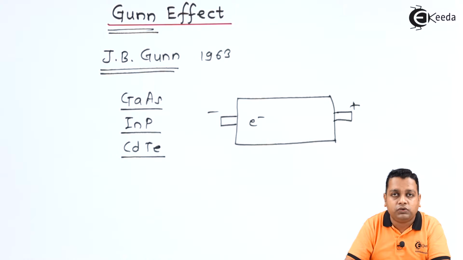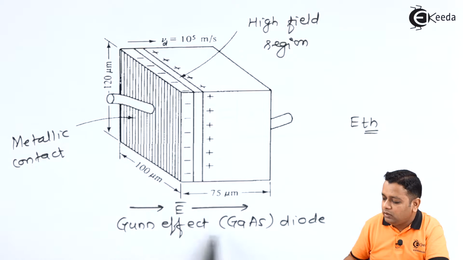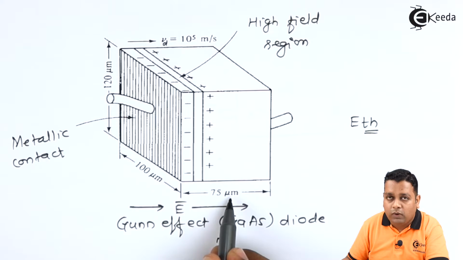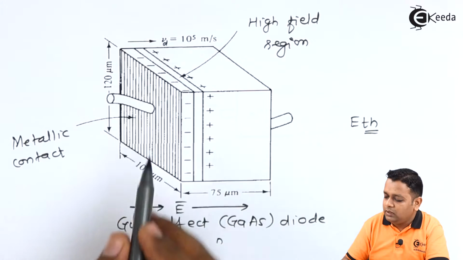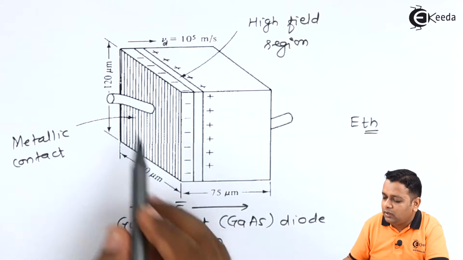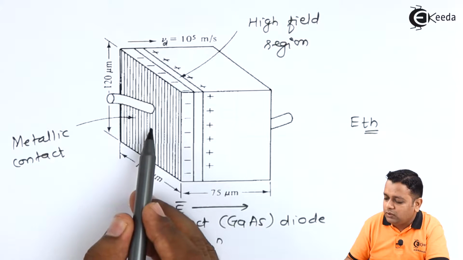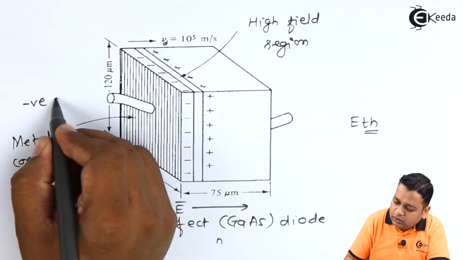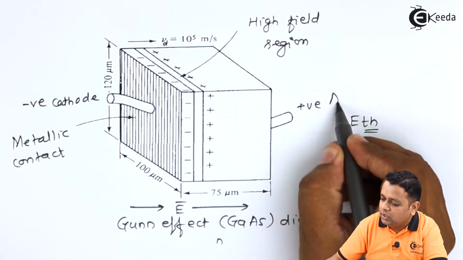In the previous video, we have shown you the typical Gunn effect diode. So here was the diagram. In this diagram, the Gunn effect diode was made of N-type gallium arsenide material. This was 75 micrometer, this was 100 micrometer, and this was 120 micrometer. So we can take these to be the length, breadth and the height. So this is the specimen. The three dimensions we have already given. This was the metallic contact on both the sides, and this is the terminal. So here we can take it to be the negatively charged cathode terminal,